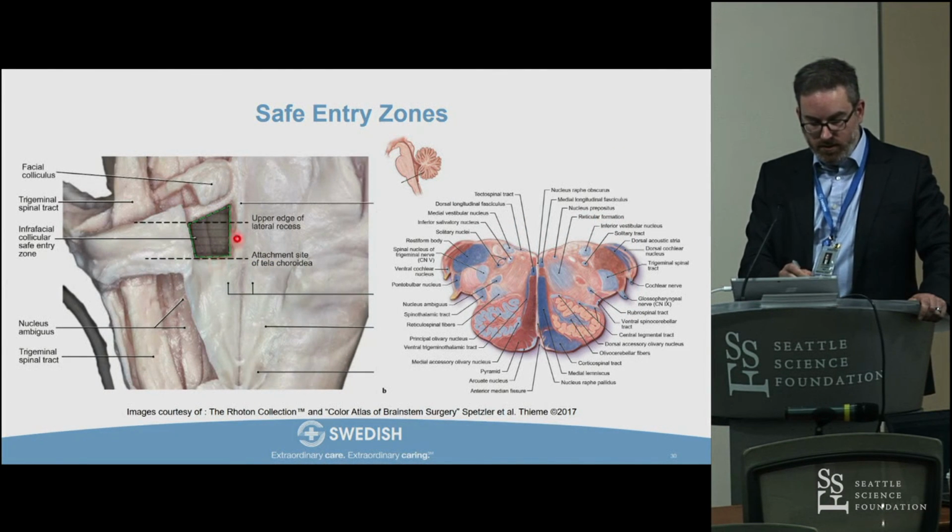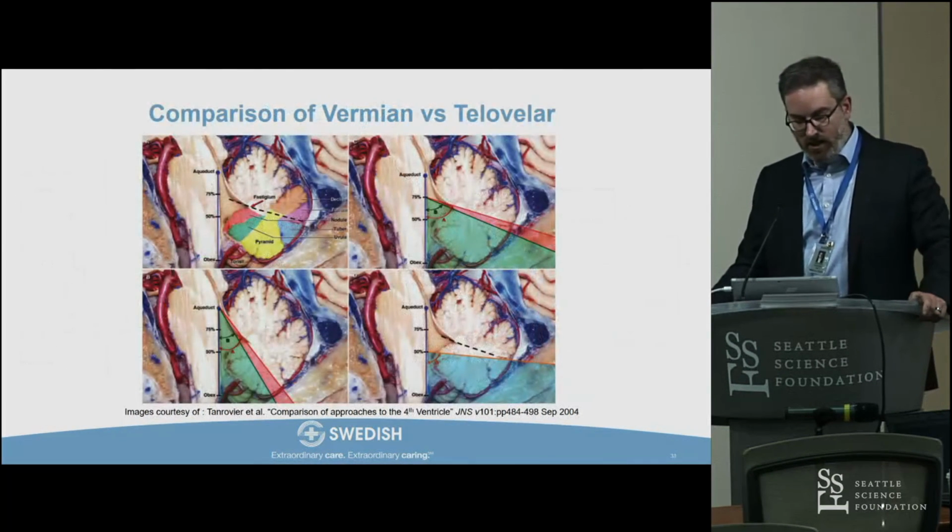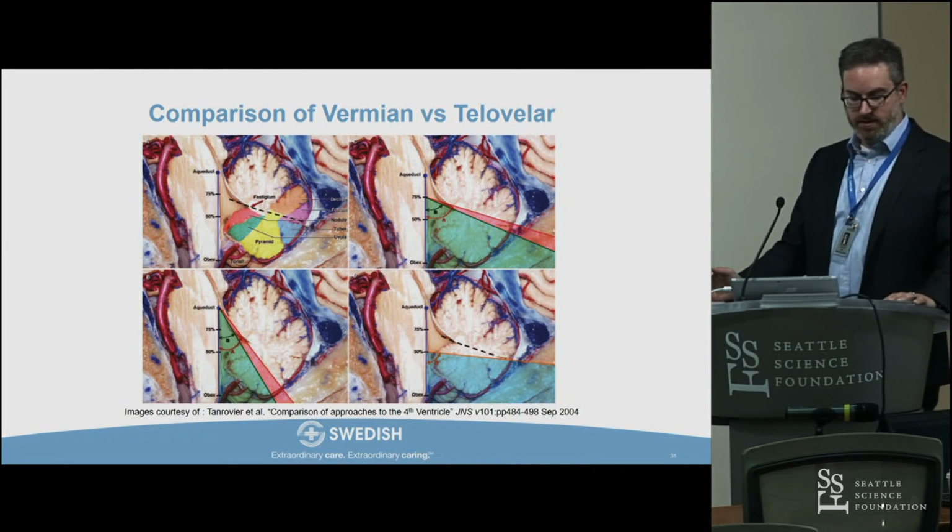Working below the colliculus, we can basically come down to the beginning of the vagal trigone. Okay, and the vagal trigone occupies a large amount of space here, so it's a very narrow entry point. Telovelar versus